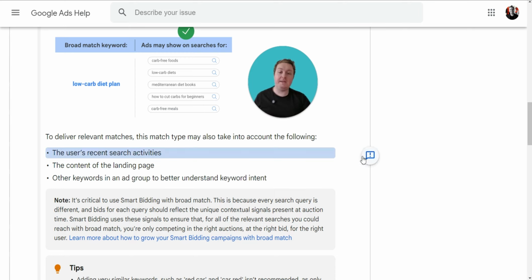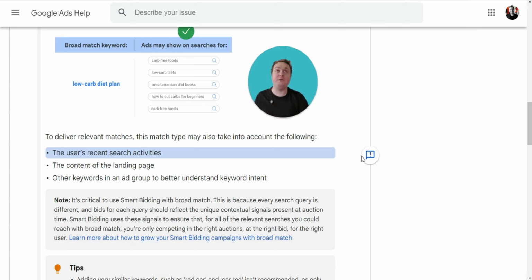So one of these is the user's intent, the recent activities rather, and that's how they can determine maybe sometimes the intent behind the search. So this is extremely important to understand, because we want to make sure that we provide Google with a very clear direction, because then it can actually look at the user's past queries, their past searches, and determine what